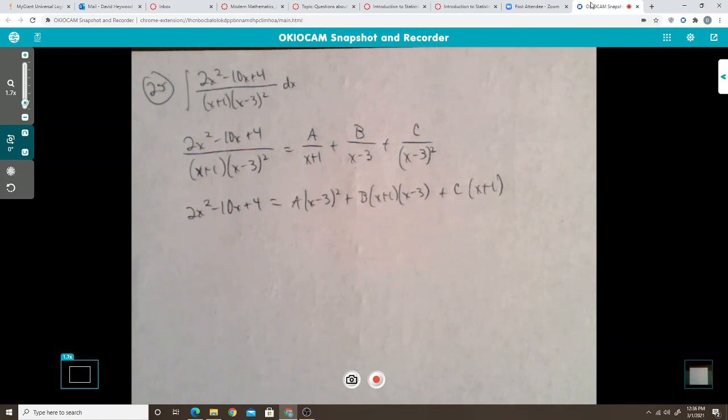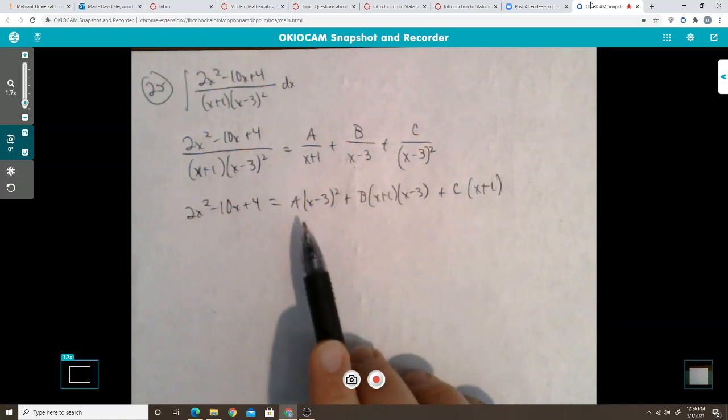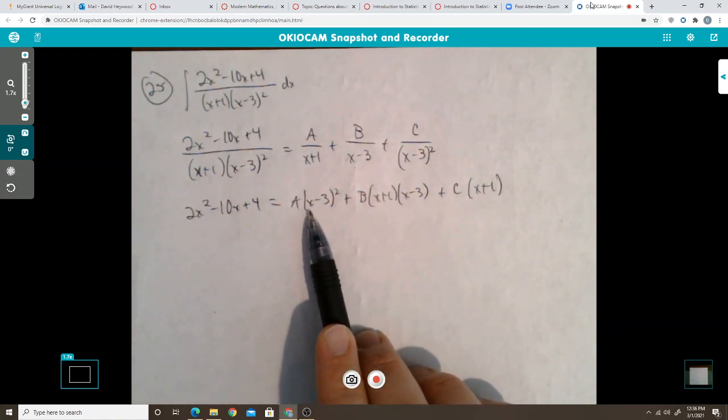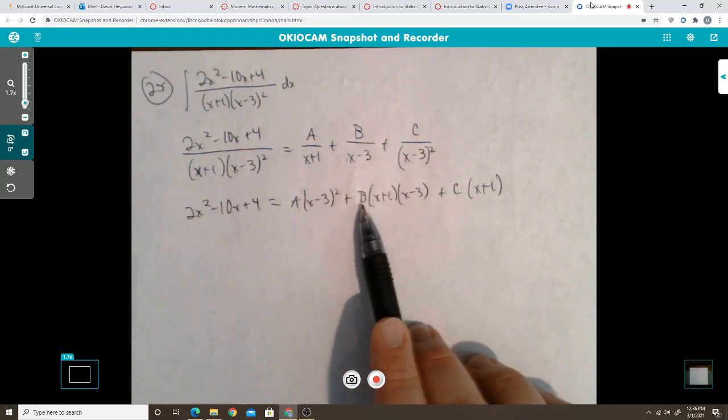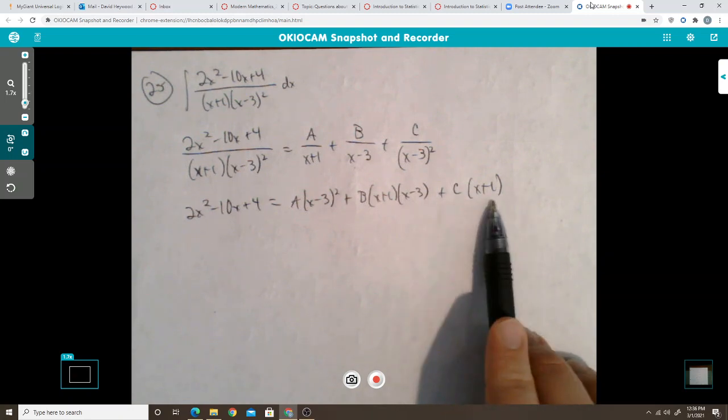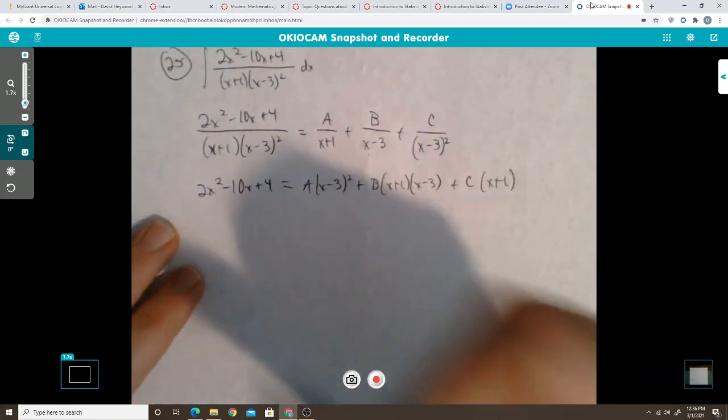But an alternative way, and it doesn't always work, but it can sometimes help you to narrow things down, is to plug in convenient values for x that will cause a bunch of stuff to cancel off. Like in this case, I know that if I let x be 3, this is going to be gone, this is going to be gone, and I'll be able to solve for C. Right? So if I let x be 3,